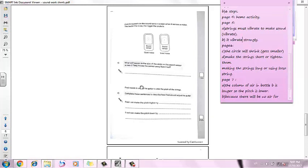D. Fred needs to adjust his guitar to alter the pitch of the string. He wants to adjust the guitar to alter or change the pitch of the strings. Complete this sentence to describe how Fred should adjust his guitar. How can he change the pitch of the guitar? Fred can make the pitch higher by, we can get high pitch from the guitar strings by, we have 2 answers